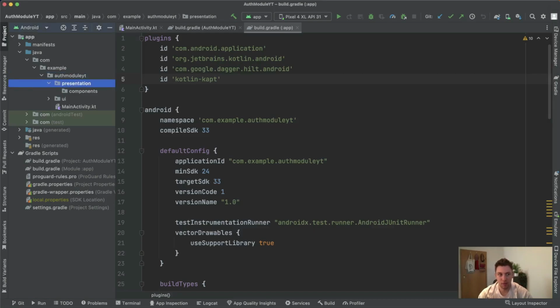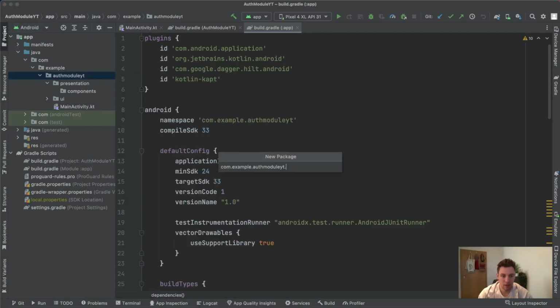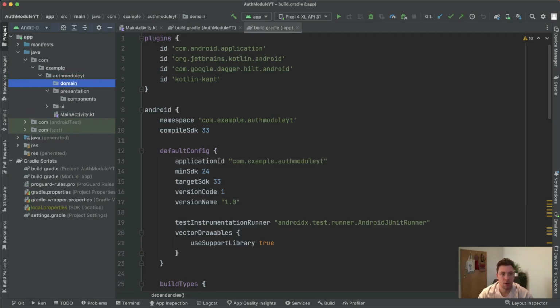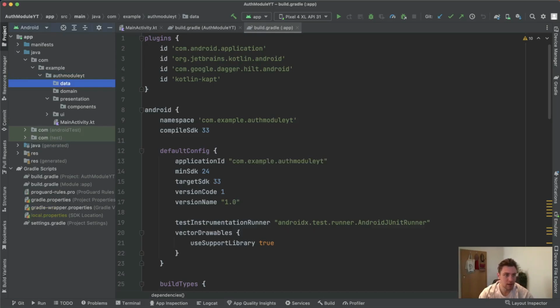If your application gets bigger, then this Auth module, which is now our root package, will be one package below the root package if in case your application is bigger. Let's also create the domain and the data package, even though we don't need it yet, but we can then see how this would look like later. And inside this components package, I would then like to start